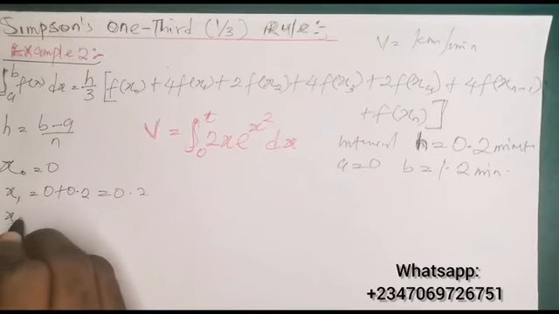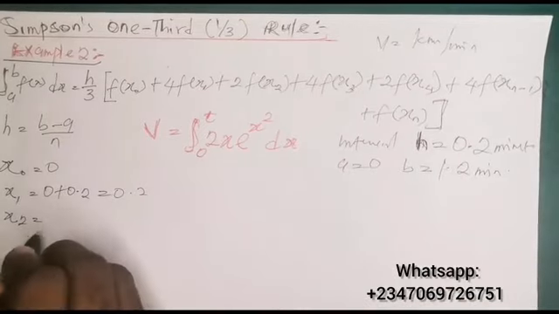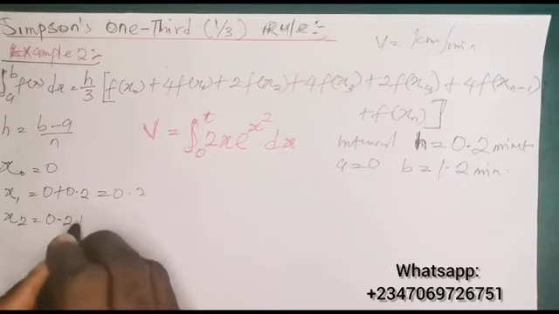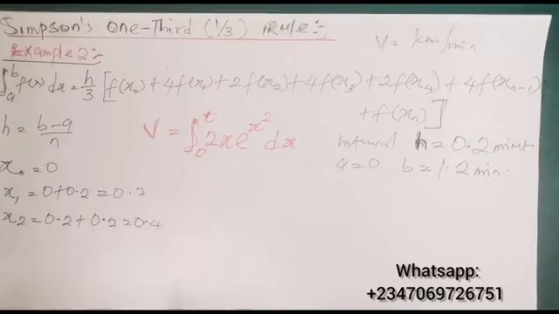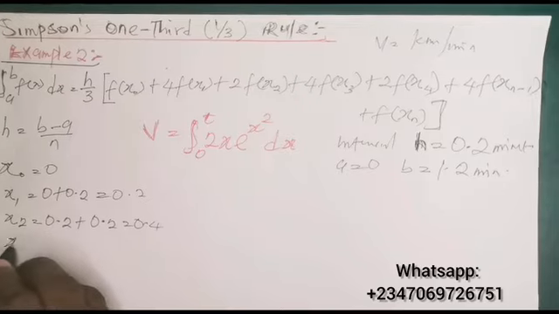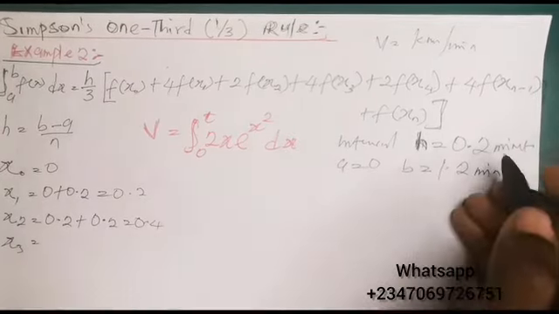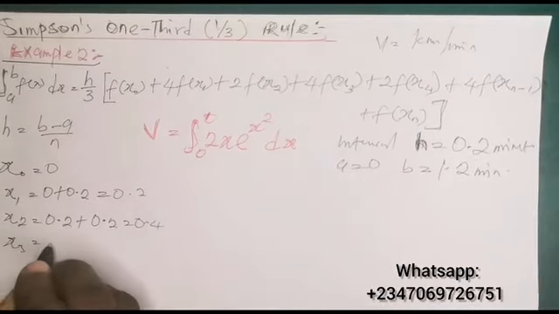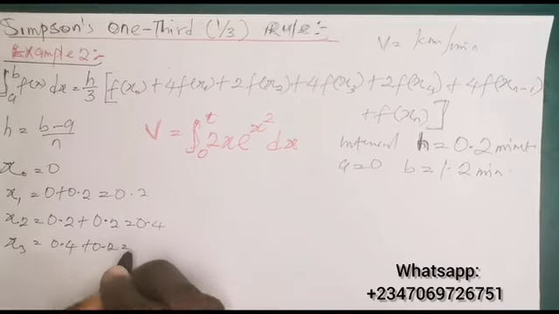Next you find x2, which is x1 plus the interval, and x1 is 0.2 plus interval 0.2. This gives you 0.4. Next you find x3, which is x2 plus the interval. x3 is 0.4 plus 0.2. This gives you